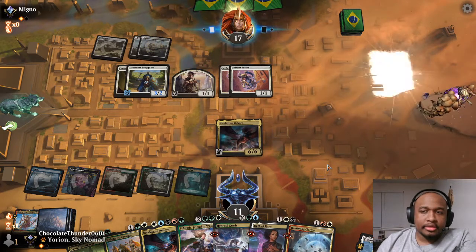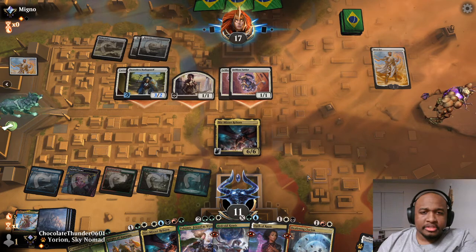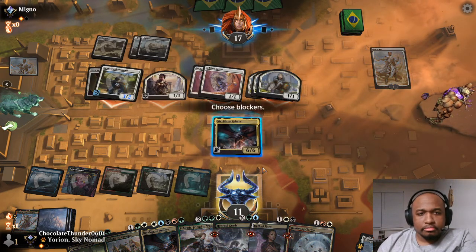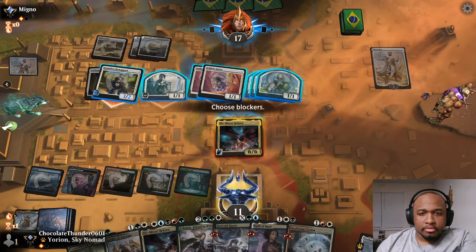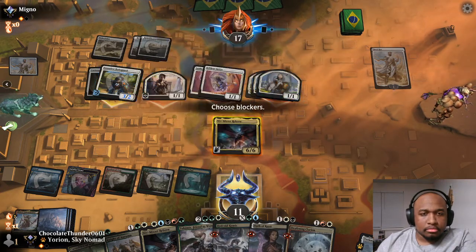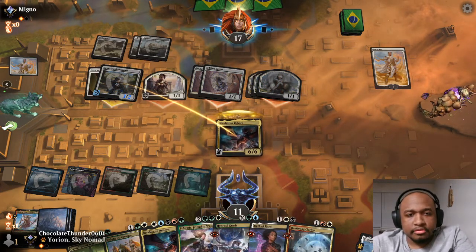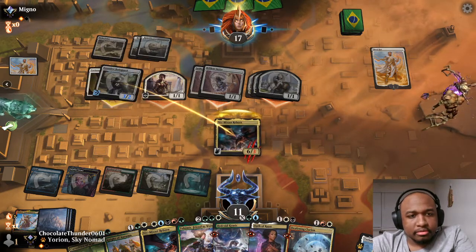Basri Ket. Are we just dead now? I don't think we're dead, but they can save this with Selfless Savior. Or I can take 6. Yeah, I don't think we're dead, but